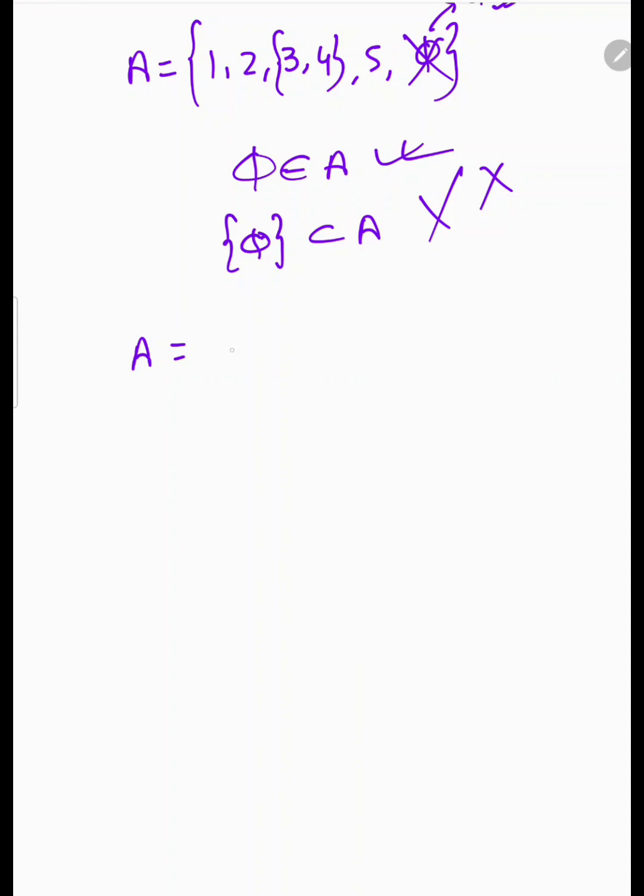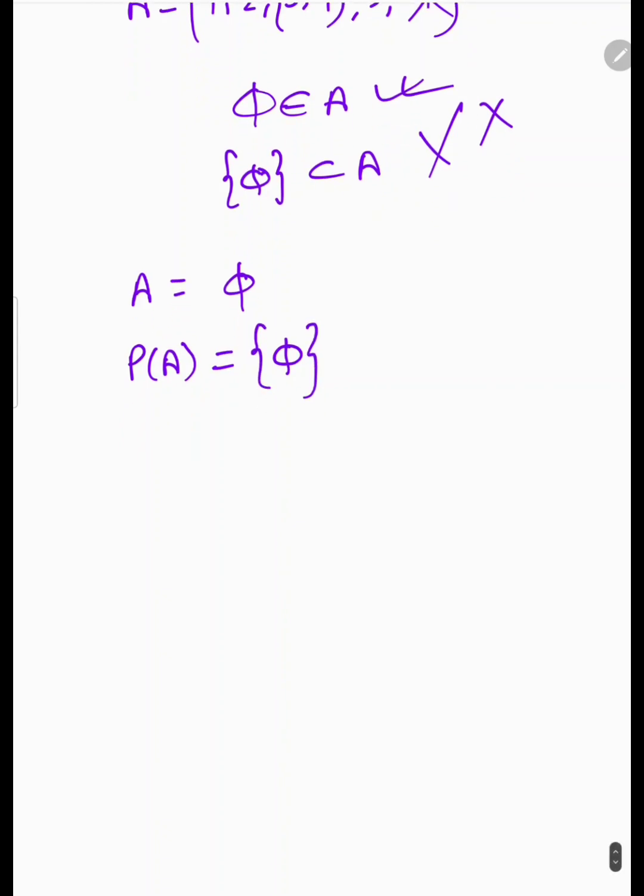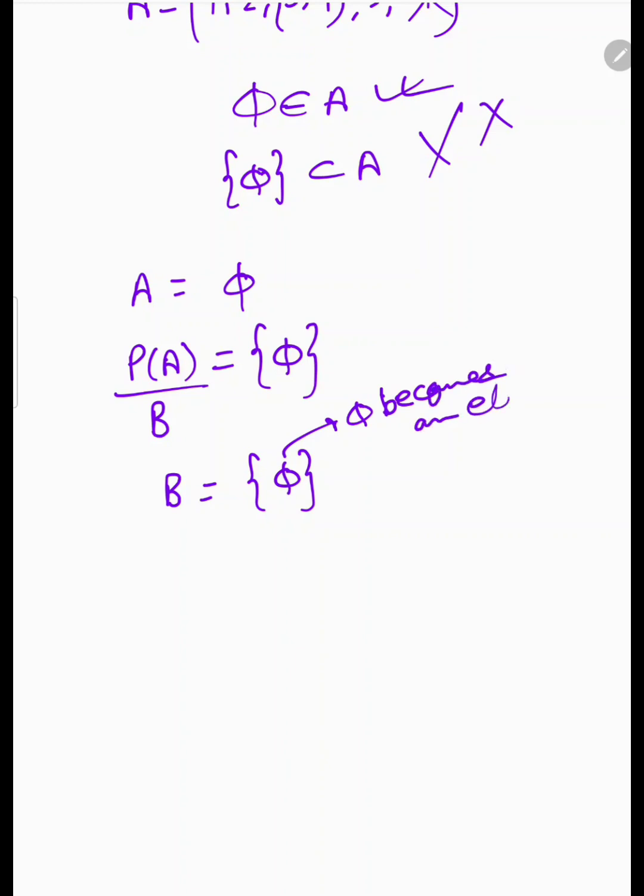ए इज द वॉइड सेट 5, तो पी ऑफ ए क्या हो जाएगा, पी ऑफ ए के अंदर एक ही एलिमेंट हो जाएगा 5। अब देखिए, मान लीजिए इसको हम एक सेट मान लेते हैं बी, तो बी के अंदर ये है, बी एक सेट है 5, यहां पर क्या हो गया, 5 एक एलिमेंट हो गया बी का, 5 बिकम्स एन एलिमेंट ऑफ बी।